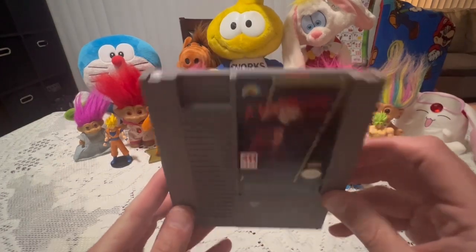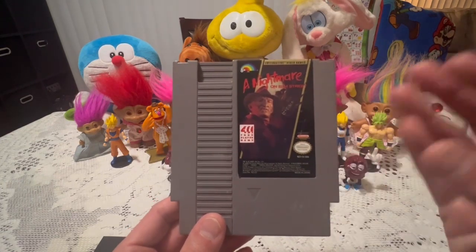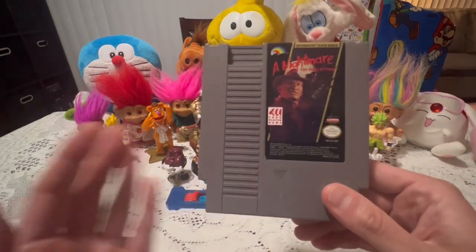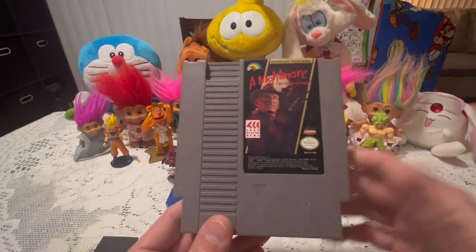But yes, it's a platformer. In each level, in each house, you collect the bones and defeat one of Freddy's forms. In order to progress, you get a key so you can open up the next house. Now, this is where it was interesting, because I had forgotten this about the game when I did the gameplay. I noticed that